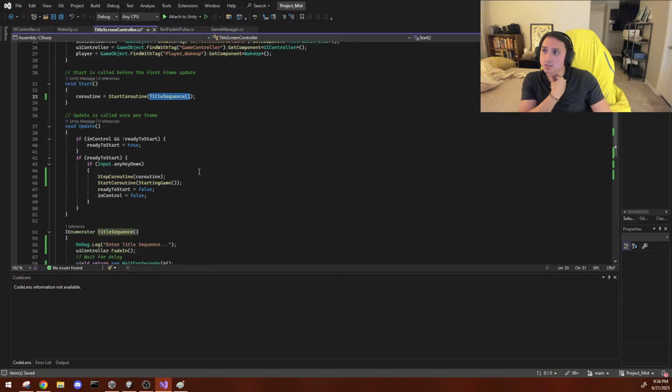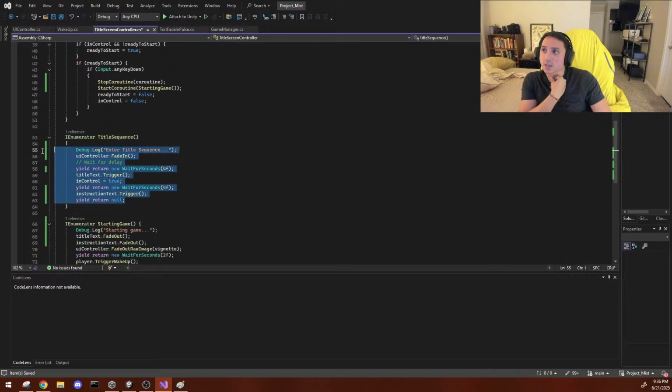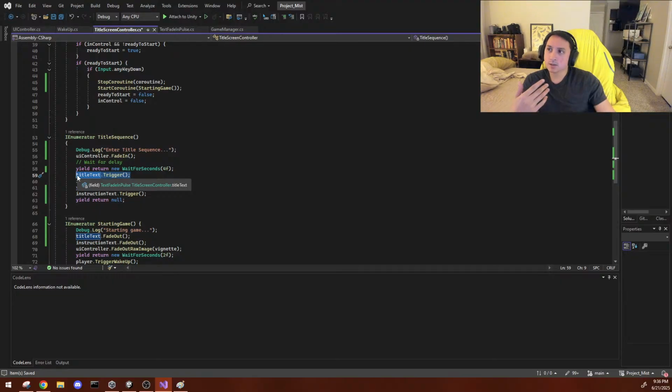This title sequence is the function that starts running at the beginning of the game. So you enter your title sequence, this is the UI controller, and it fades in the game. So it goes from a black screen and fades in the game. As it's fading in, you're waiting for 4 seconds. Once the 4 seconds is over, the title text triggers, which means the title text comes in and then pulses. And then also you gain control of the game. And then you wait another 4 seconds, and then the instruction text triggers, which means the instruction text comes in